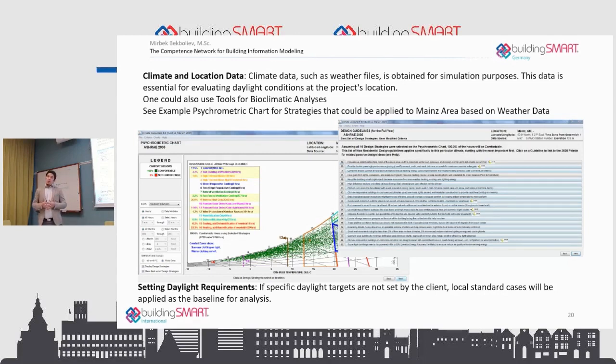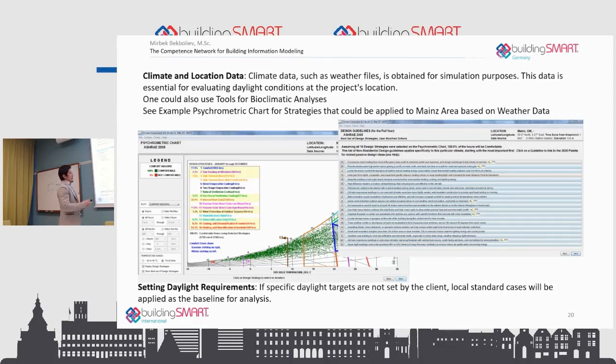But if I know some sites where I can get my climate data, I can simply access that weather data and historical weather data, plus there are some plugins that apply climate change, so some percentage. According to that, I can run a bioclimatic simulation, and the program will show you some strategies that you potentially can apply in that area.